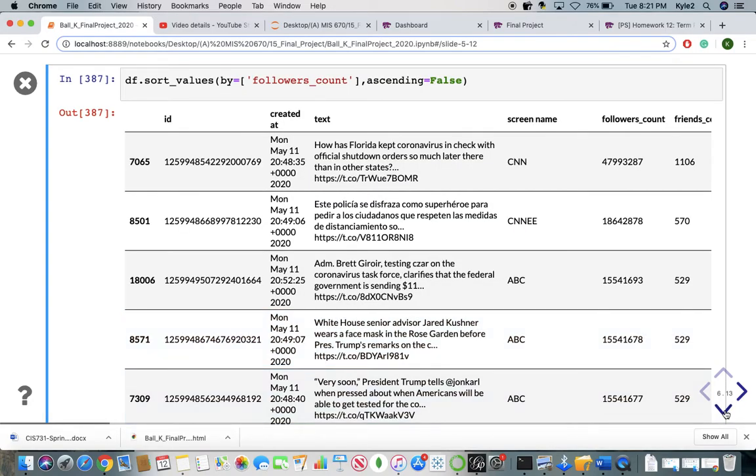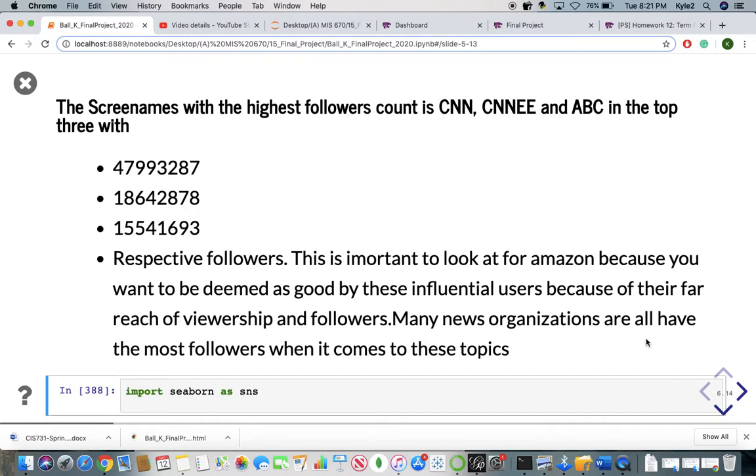Now looking by follower count, all these news organizations, and CNN had the highest with 47 million, were very important and had the most followers. The more followers, the more people you can get out in your network, put out your stuff, and try to build your brand. So when they're putting out a piece on CBS about 60 Minutes and how poorly they've done with the outbreak and the walkouts at their plants, that's a huge viewership that's now looking at your brand in a negative light.